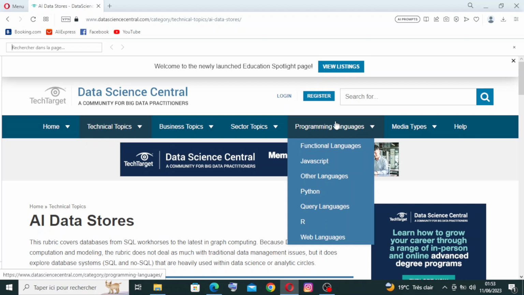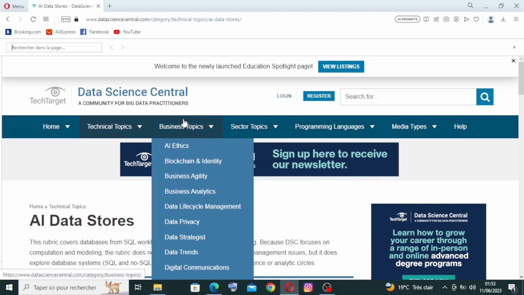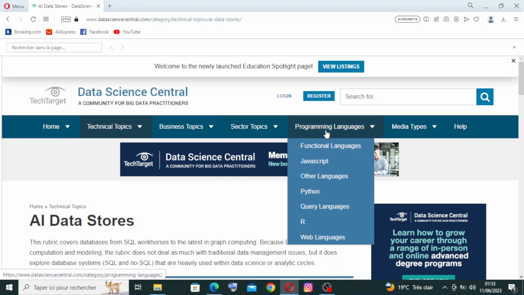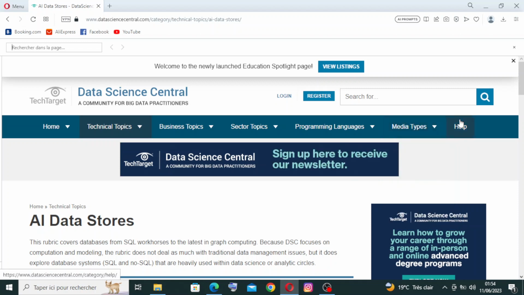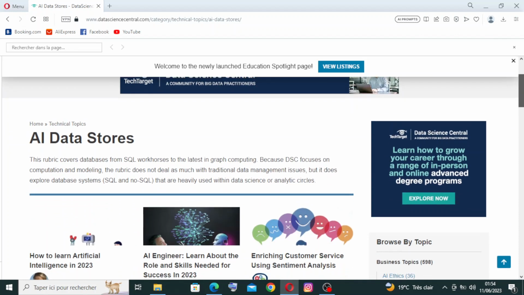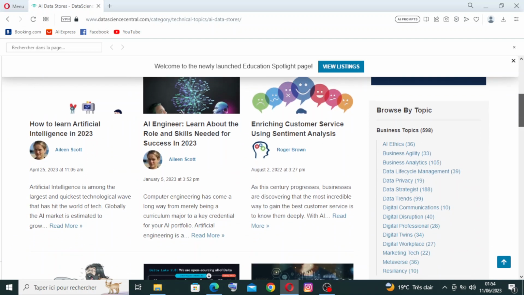And here you will find all the types of topics, the business topics, this one's here, and the sector topics are here. You need just to click on it if you want something specific. And programming languages, you need just to select it from here, and media types, and also the help or the support for the customers. And let me tell you that this website presents to us the resource library,